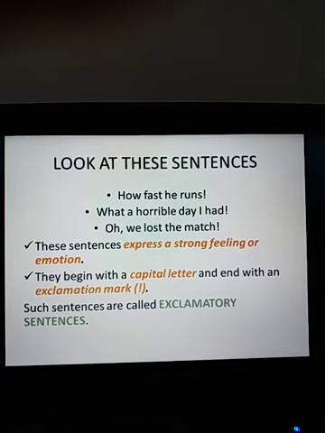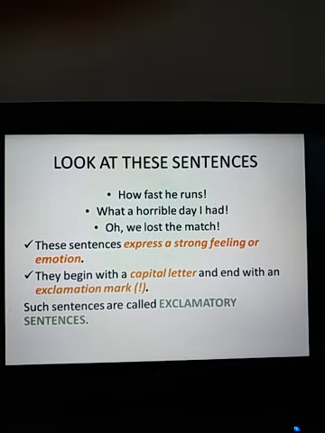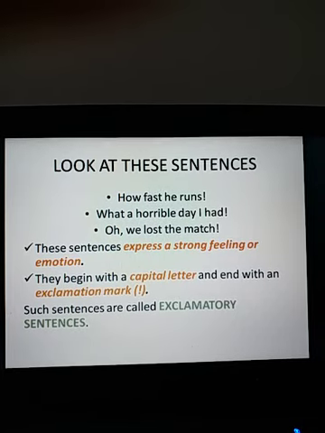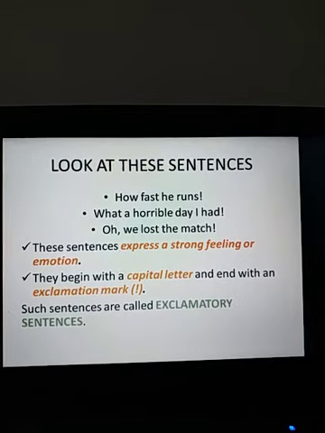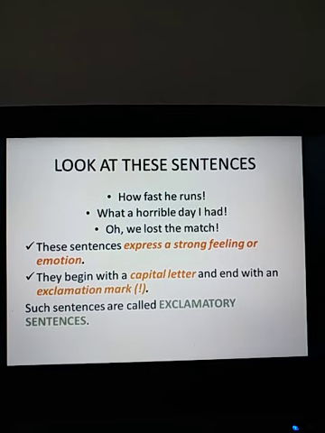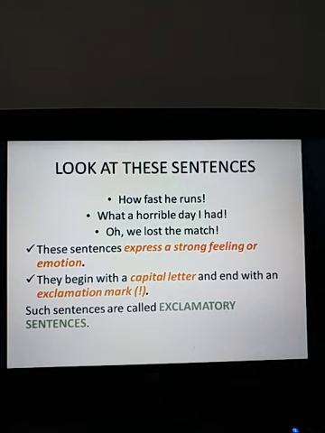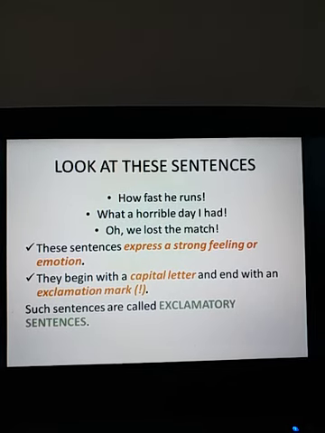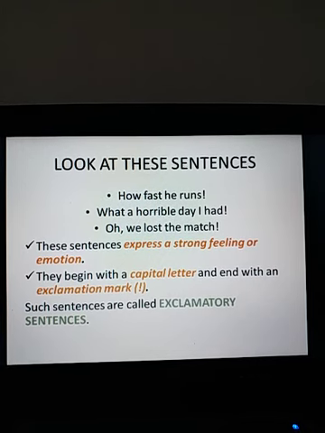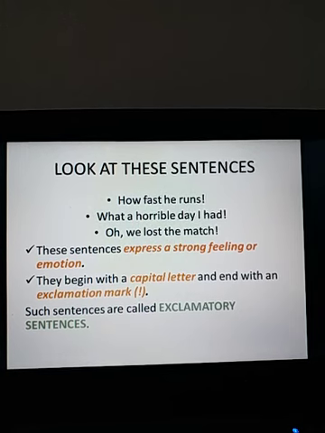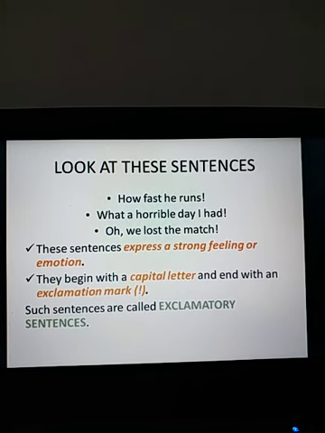So you have seen one thing, that an exclamatory sentence is very different from the first two kinds of sentences that we had studied. Yes? An assertive sentence states a fact. An interrogative sentence asks a question, whereas an exclamatory sentence conveys a strong emotion. So all these three kinds of sentences, they convey different kinds of information, right?